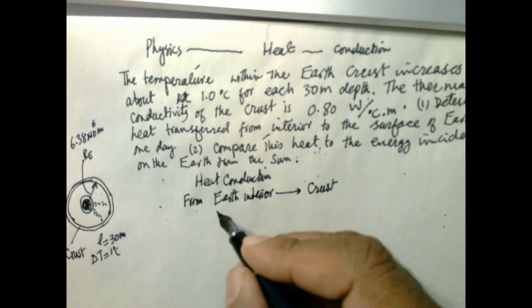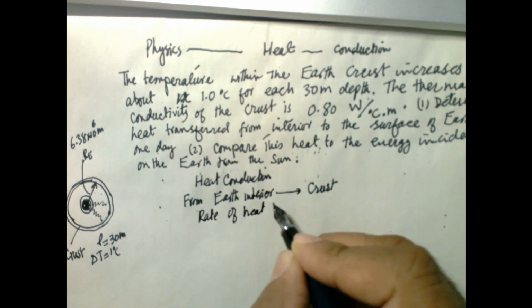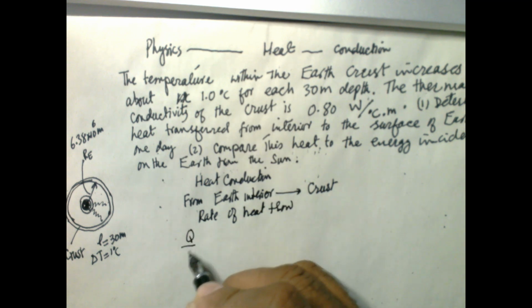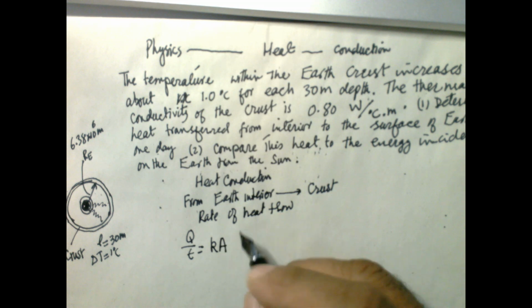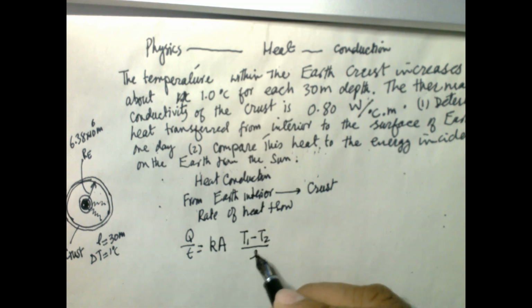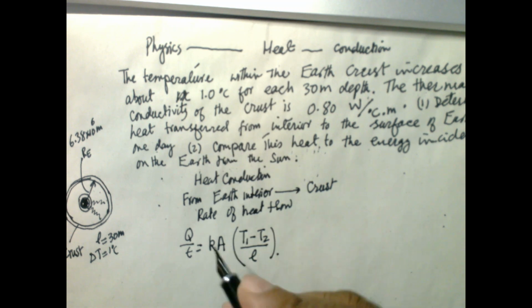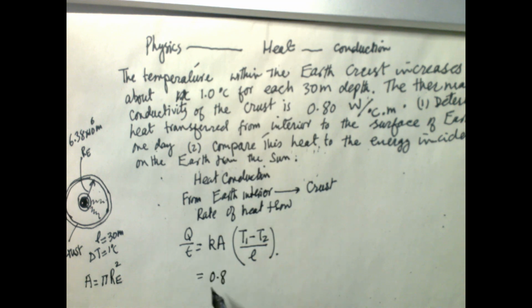and the rate of heat flow is given by Q over t, which is equal to K, conductivity, times area, times temperature difference T1 minus T2, over L. Area is equal to pi r E square. Conductivity is given 0.8 watt per Celsius meter,